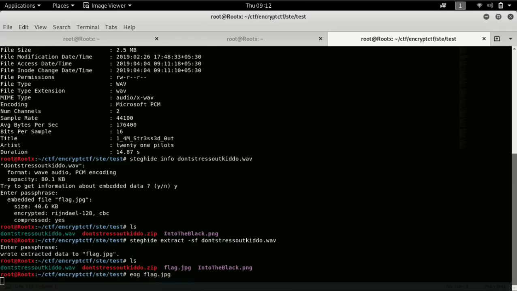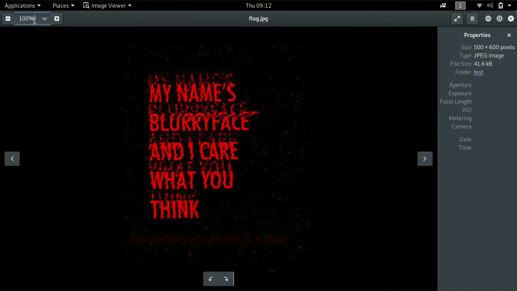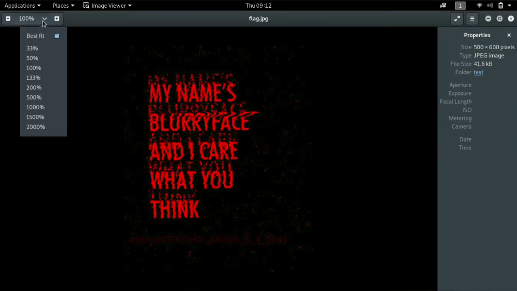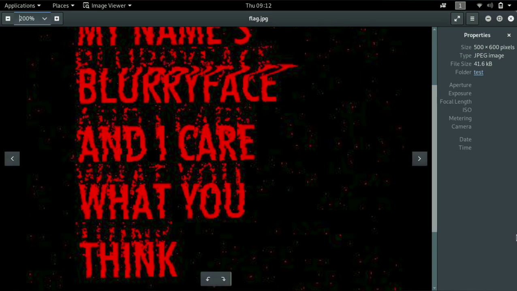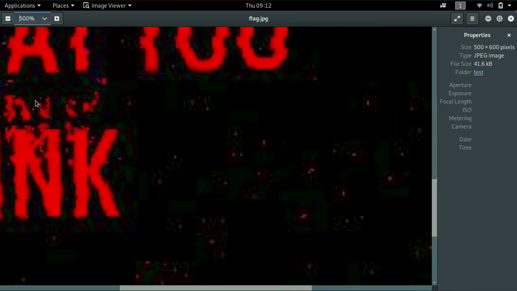Let me open this image first. Down here you can see it's blurred, encrypt CTF. Let me show you. Here you can see encrypt CTF. Here is the flag. Okay, let me zoom in.